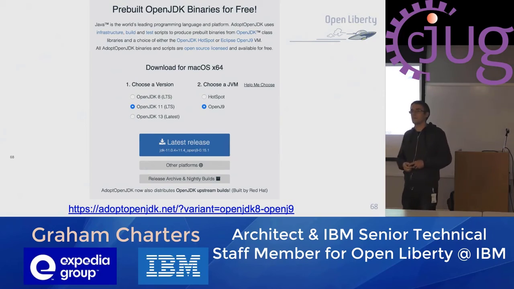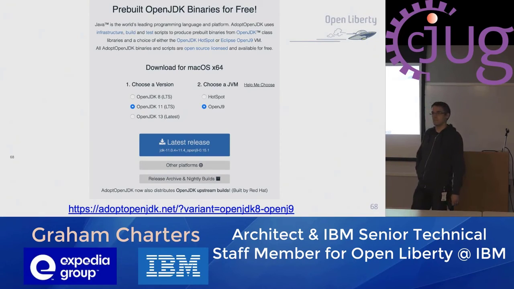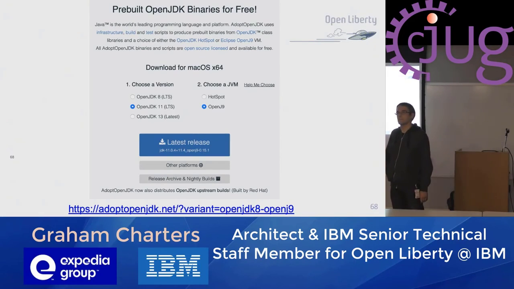So in terms of support and things like that, Adopt OpenJDK is this community gathering to produce binaries. We're all working together to give you one place where you can get Java built and tested in the same way. Whichever vendor you get, the build process and the testing process is exactly the same level of code, built by the same set of people on all platforms, all the choices that you have.